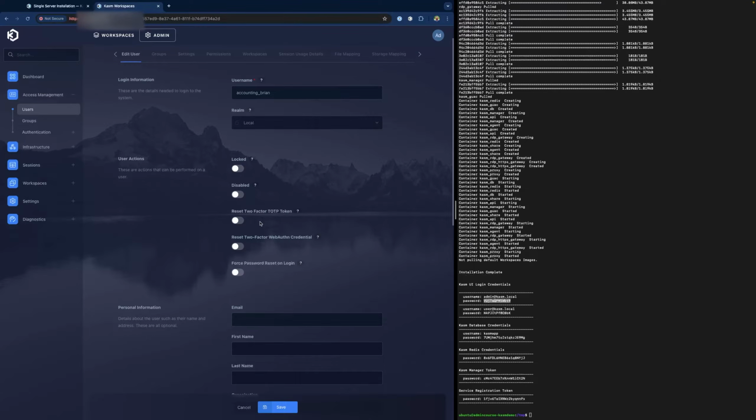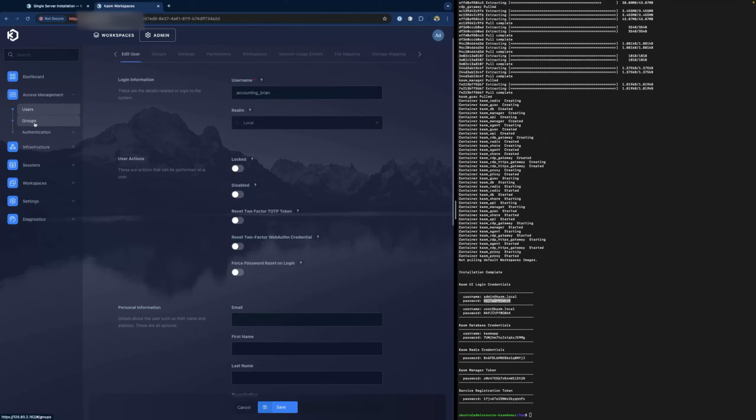Reset 2-factor authentication. You can reset your 2-factor authentication. Users will be required to reinitialize their 2-factor upon next login. You can force password reset on their next login as well. So these settings apply only to the local accounts.